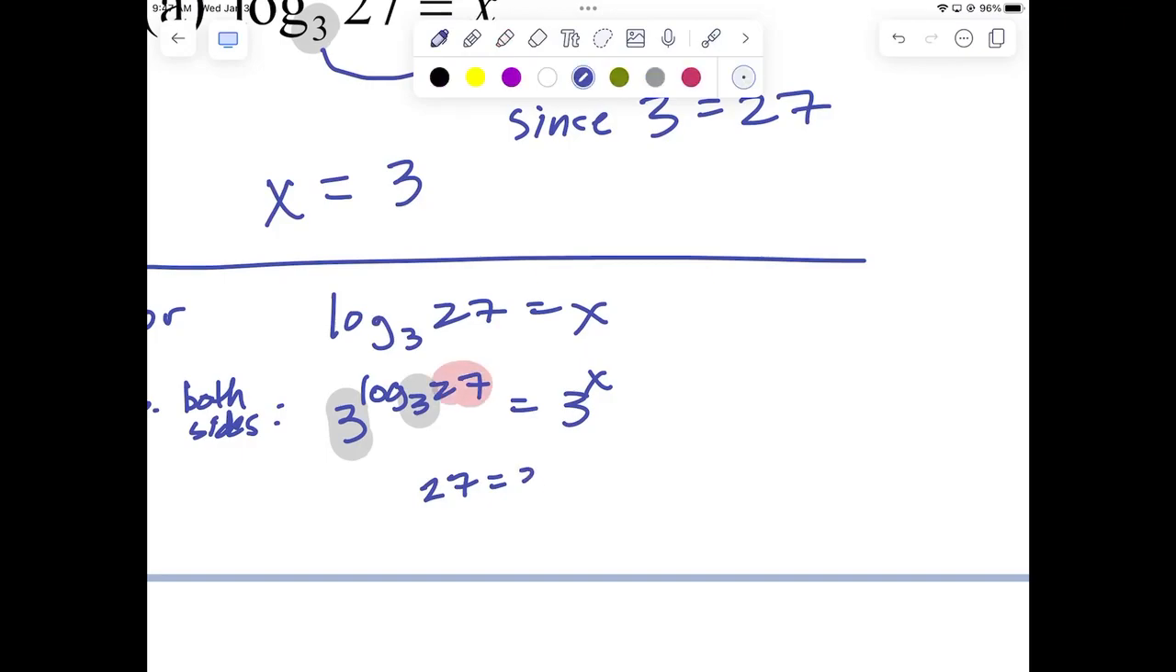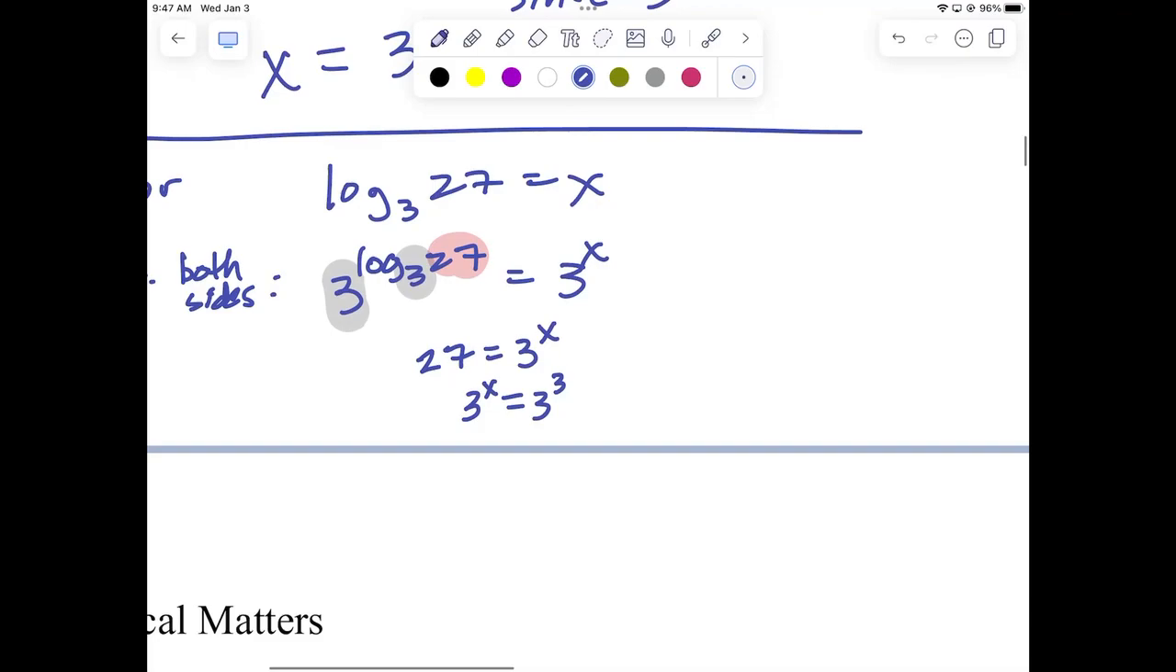So we get 27 equals 3 to the x, and now you can probably solve this in your head, right? 3 to what power is 27? You could actually say 3 to the x equals 27 is 3 to the third, and here's another little property here. When you get the bases the same,